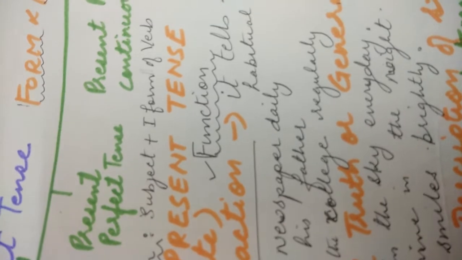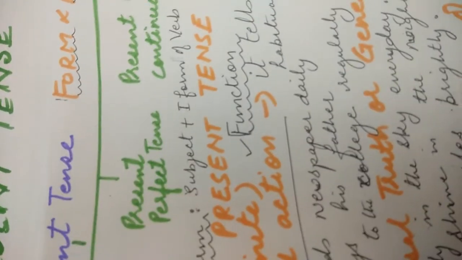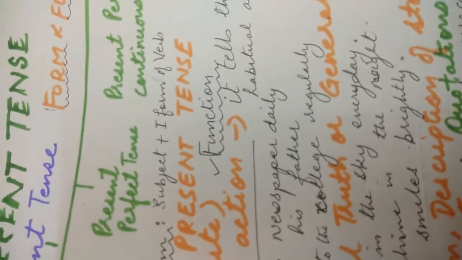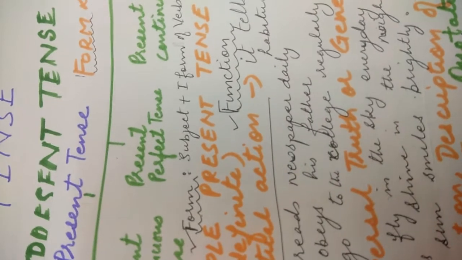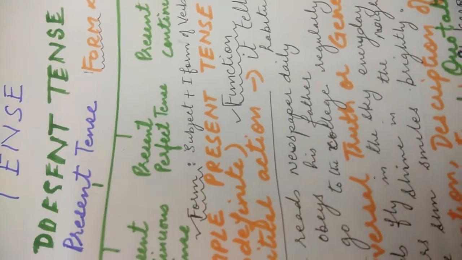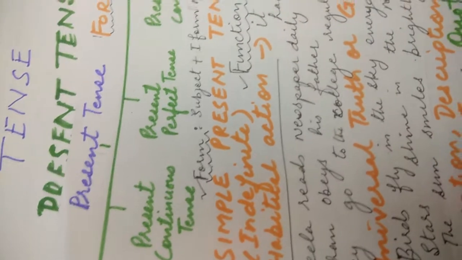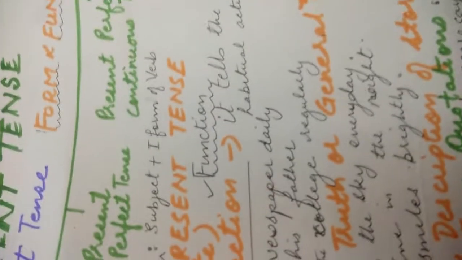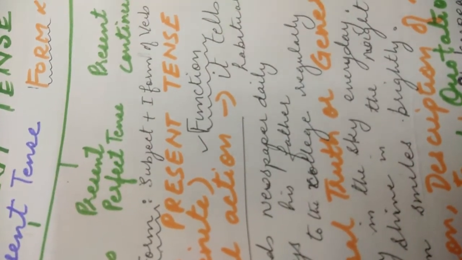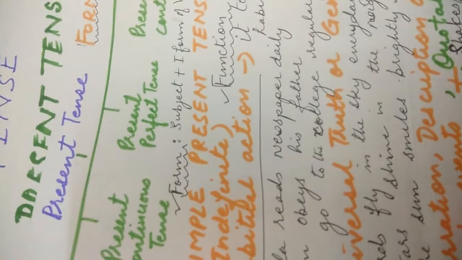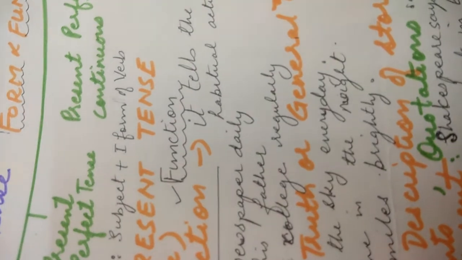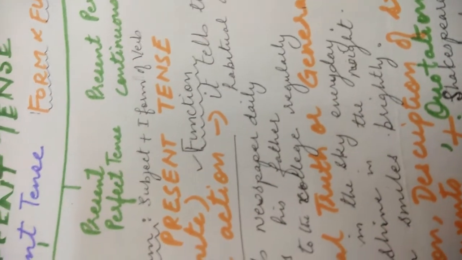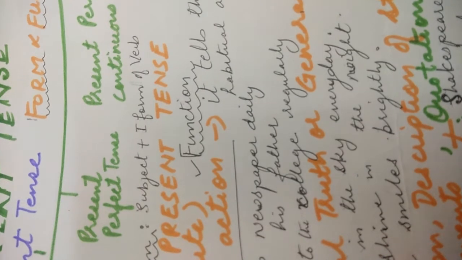Another point I would like to discuss is that in simple present tense, it is subject plus first form of the verb. We have three forms that we would discuss in much detail when we discuss past tense, but here focus on the present and simple present tense. So the form is subject plus first form. I play tennis. Subject plus first form. Now function is very important, because function here means how to make use of it. The focus is on the use of it.